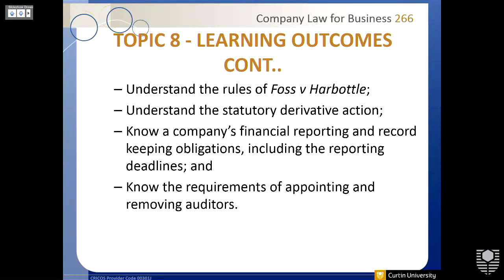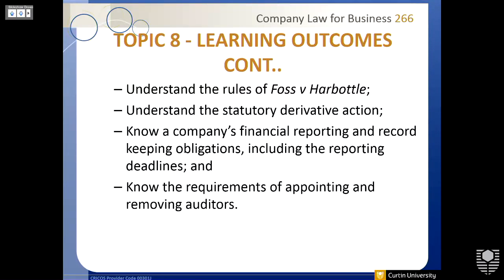We will look at what were the rules that were introduced under the common law in the case of Foss and Harbottle. We'll also look at the abolishment of the exceptions that were created under the rule of Foss and Harbottle. We'll also understand what is meant by statutory derivative action